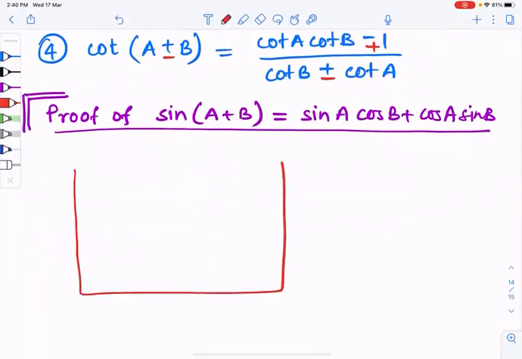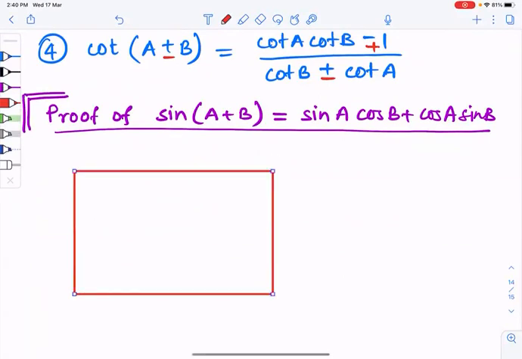Let us take a rectangle like this. Okay, looks like a rectangle. And in that rectangle, let me give some names here. Let us say it is like this: P, Q, R, S rectangle. Now I'm going to draw something here. Let us take a point and join with P this way, and again take another one here